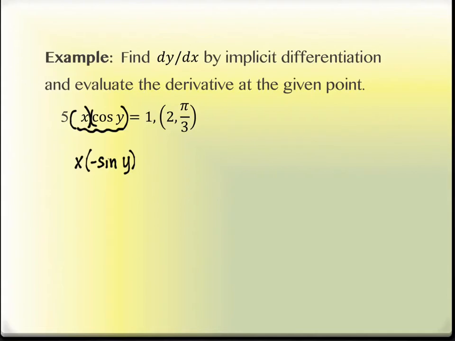The y itself is a piece that I have to take the derivative of. What's the derivative of y? It's dy dx. And then I need the other half. That is, I need the derivative of the x. Well, what's the derivative of x? 1, we like that one, times the cosine of y equals,